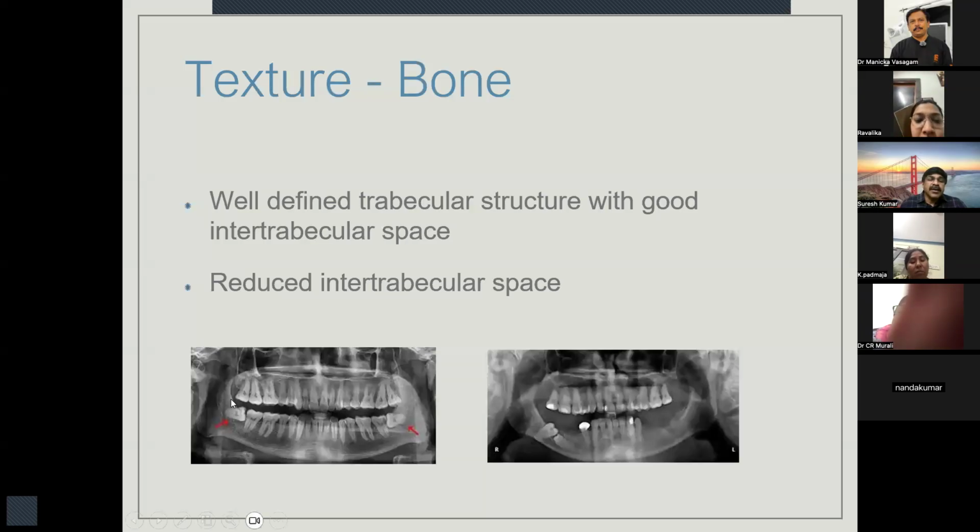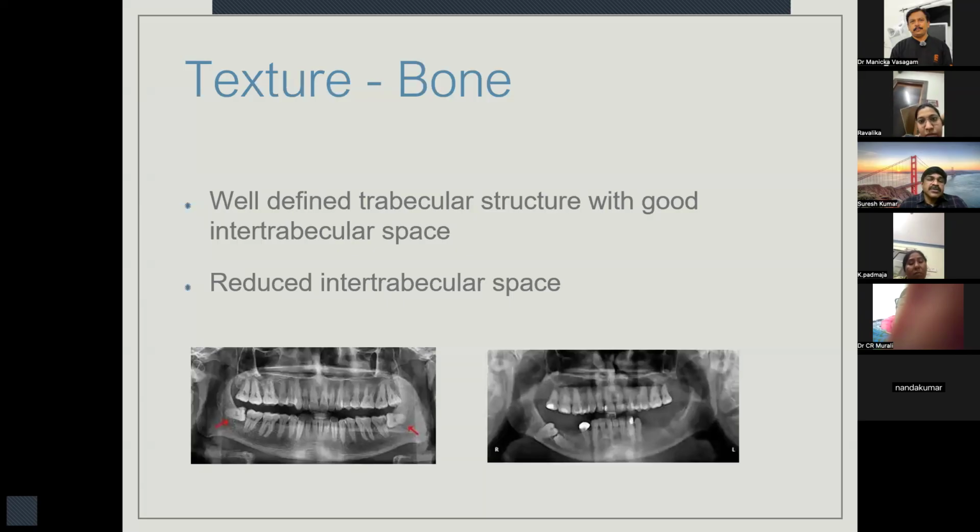So normally, how does the bone appear in the radiograph? You will have white striae or lines which are called the trabeculae, which is the hard part of the bone. In between the white lines, you have dark spots, which are more soft or marrow bone, cancellous bone, which is going to show the easier or the softer nature of the bone. So normally there is a balance between trabeculae and intertrabecular medullary bone.